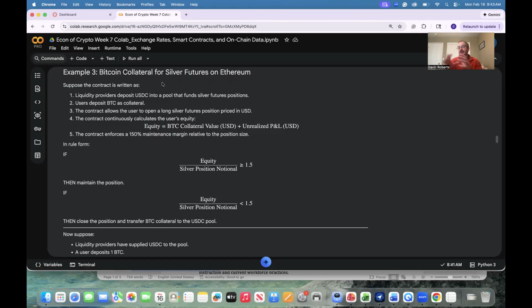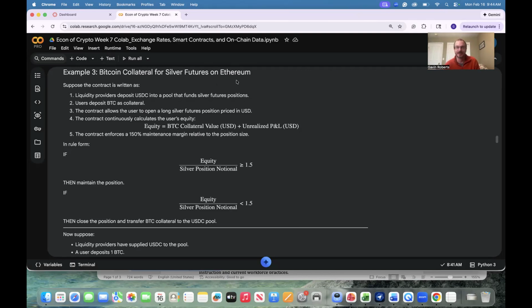So we could use Bitcoin to say, hey, look, I have this collateral. Another way maybe to tie it to something you're more used to: if you own a house or you know somebody who owns a house, your house is the collateral for your mortgage. So if you stop paying your mortgage, the bank is going to come take your house, sell it, and take that money. So in this case, we're going to put Bitcoin in a special account. It's going to sit there, and then we're going to borrow money from people to make bets on silver prices, silver futures specifically. Where are we going to do it? We're going to do it on the Ethereum blockchain. Why on that blockchain and not the Bitcoin one? Because the Ethereum blockchain is the one that allows smart contracts.